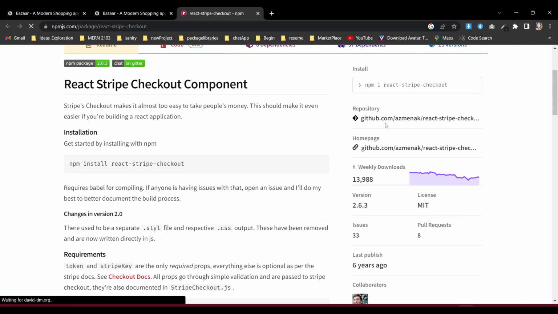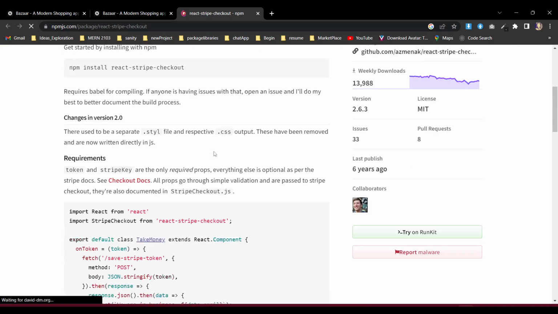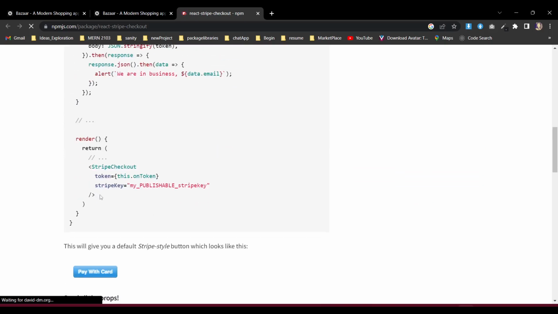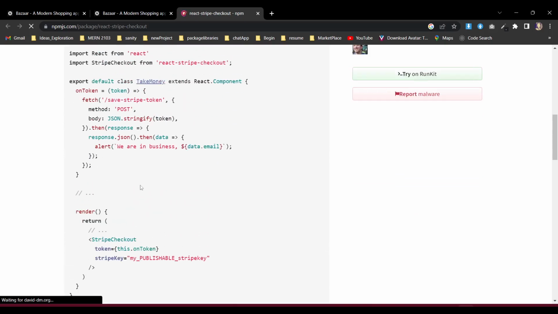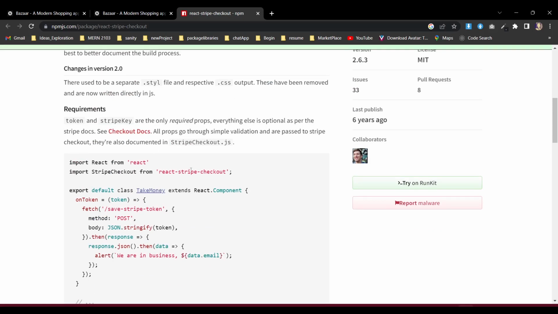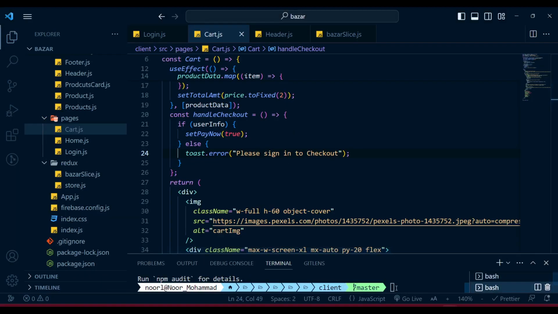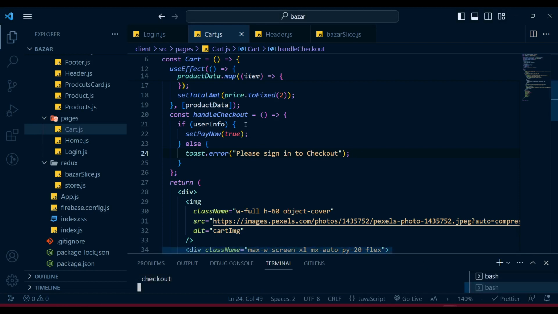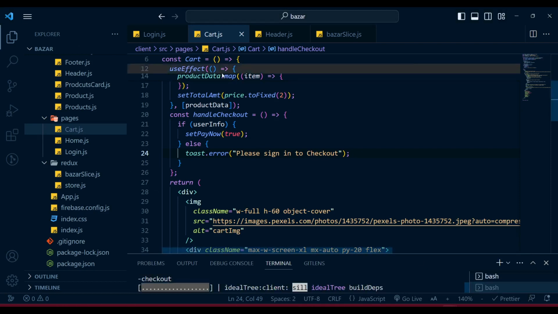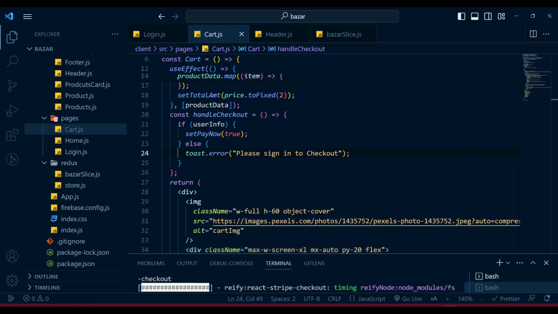I'm gonna introduce that one in our next project, which is coming very big. So just to show you how it's gonna work, I'm gonna create that one for you. You can feel free to come over here and read everything to understand it better. So first of all, I'm gonna install that one in my project, React Stripe checkout. And now over here, what I am gonna do,